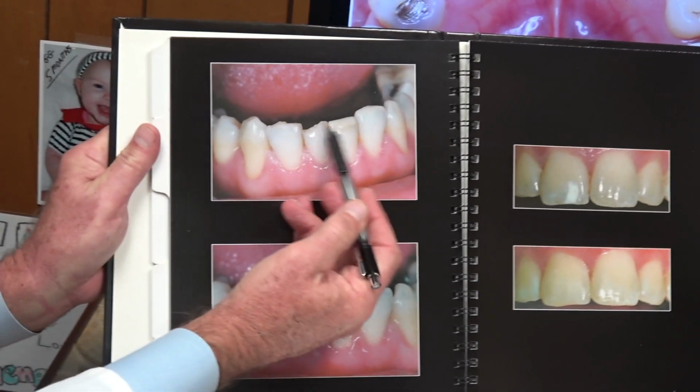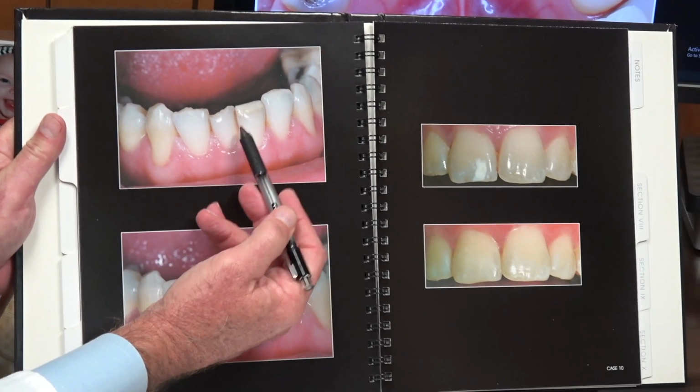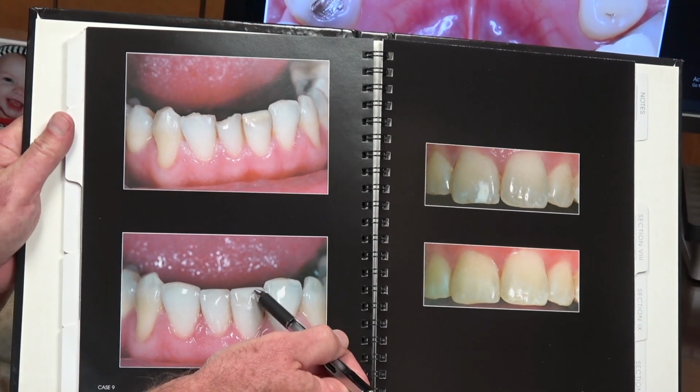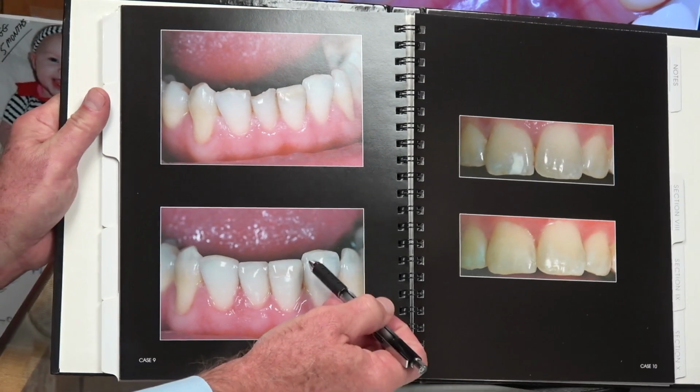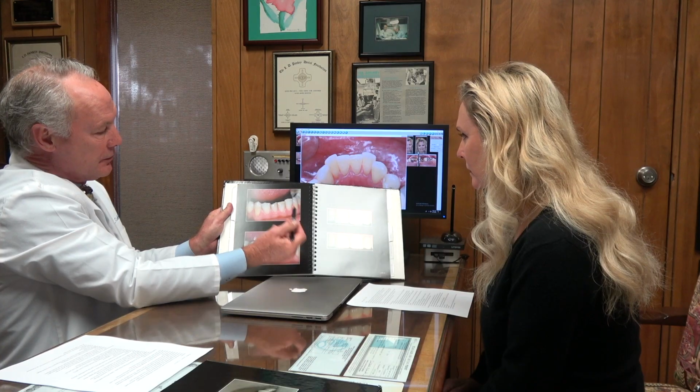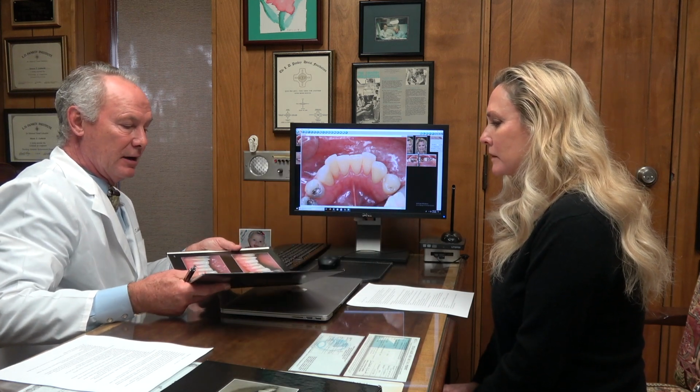Oh, I had no idea. So the consideration in this case was veneers or bonding. That makes sense. And we elected to go a less expensive way with bonding and a night guard. You can see I've just bonded up to replace the yellow bonding. Does this bond last like a veneer? No. The bonding is not